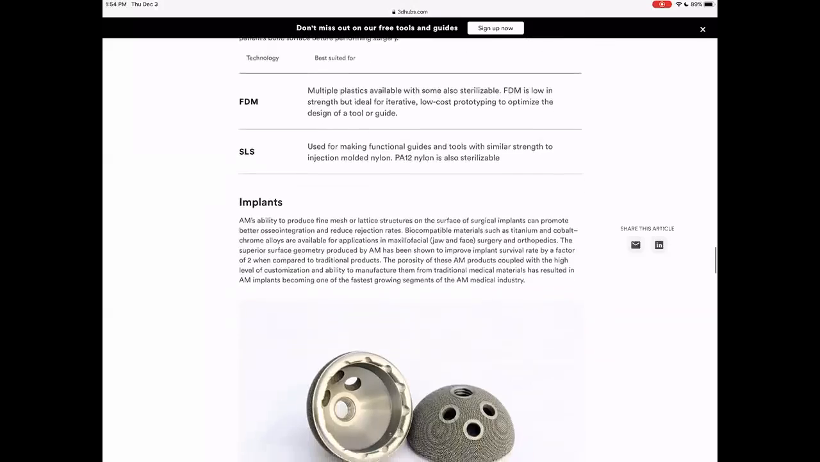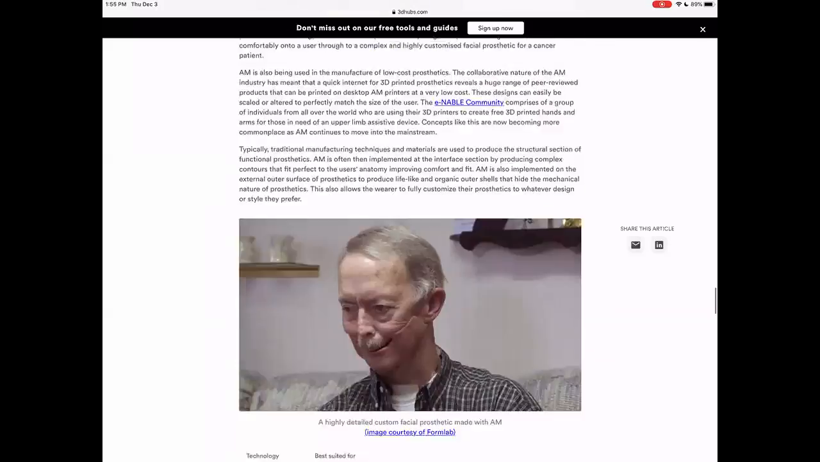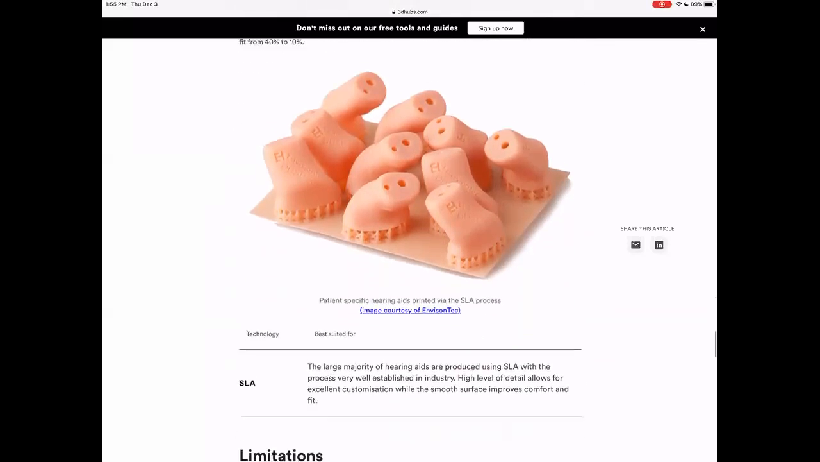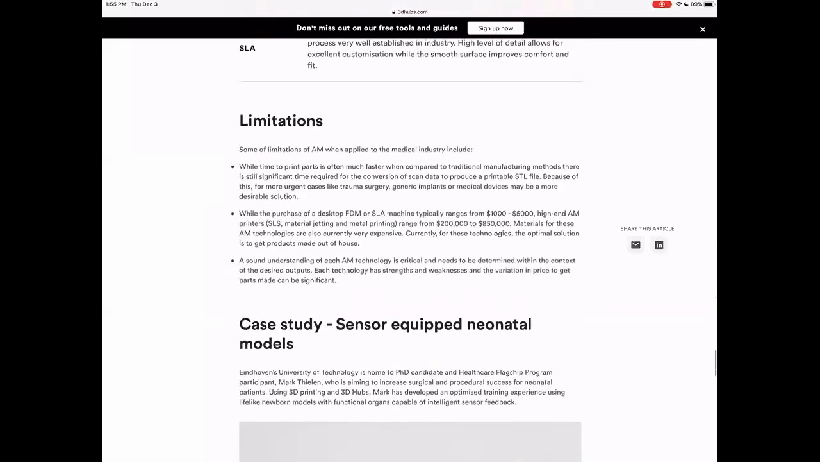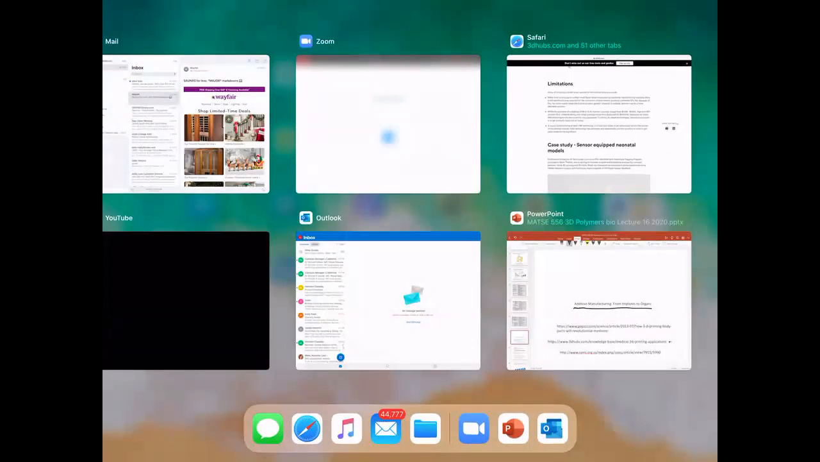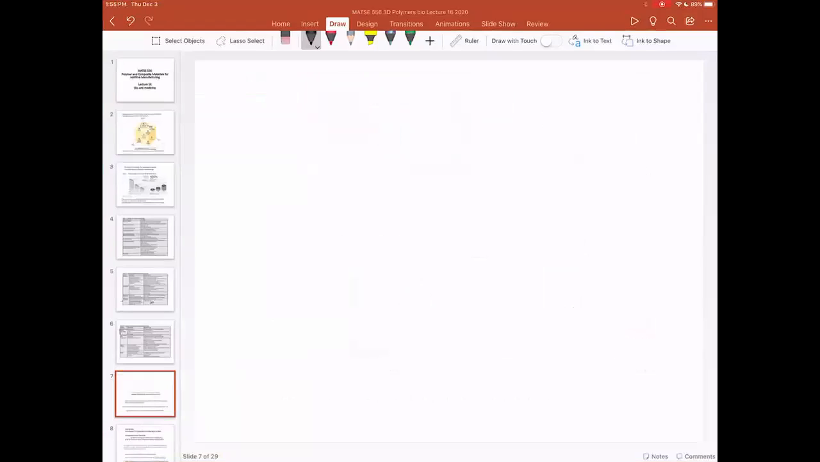Let's see, what else is there? Okay, implants, that's great. Prosthetics, and of course, the hearing aid example. So they go through some limitations. Again, there's a case study on here from 3D Hubs, but if you're really interested in thinking about all of the different ways that additive manufacturing is contributing to biomedical science, this is a good